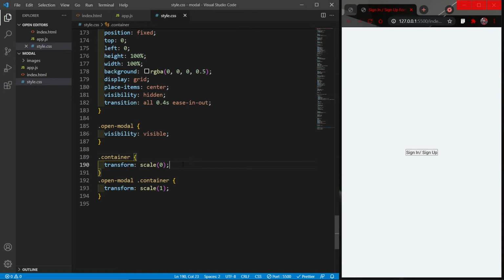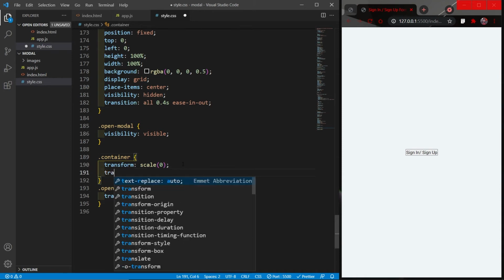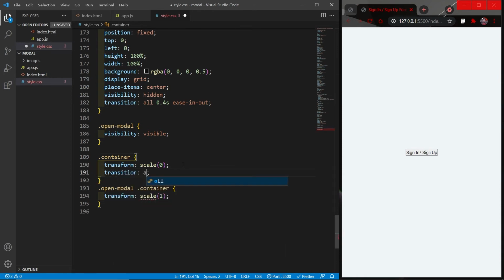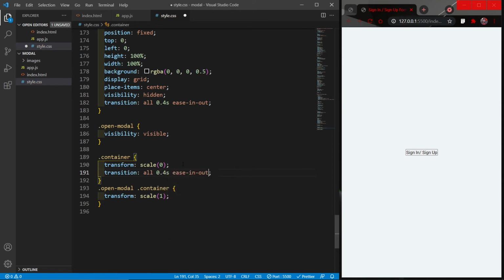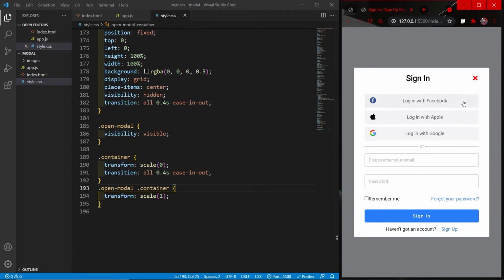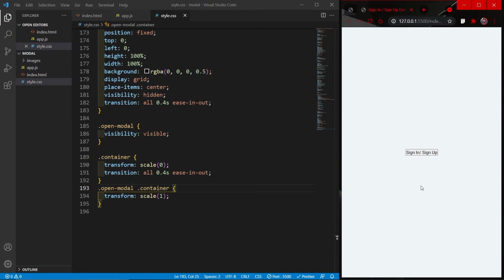And we would again want it to happen over time, so I will use the transition property with the same values, ease in out and 0.4 seconds. And now you can see, if I click on the sign in button, it nicely scales back to 100%, and if I close it, it scales back to 0%.